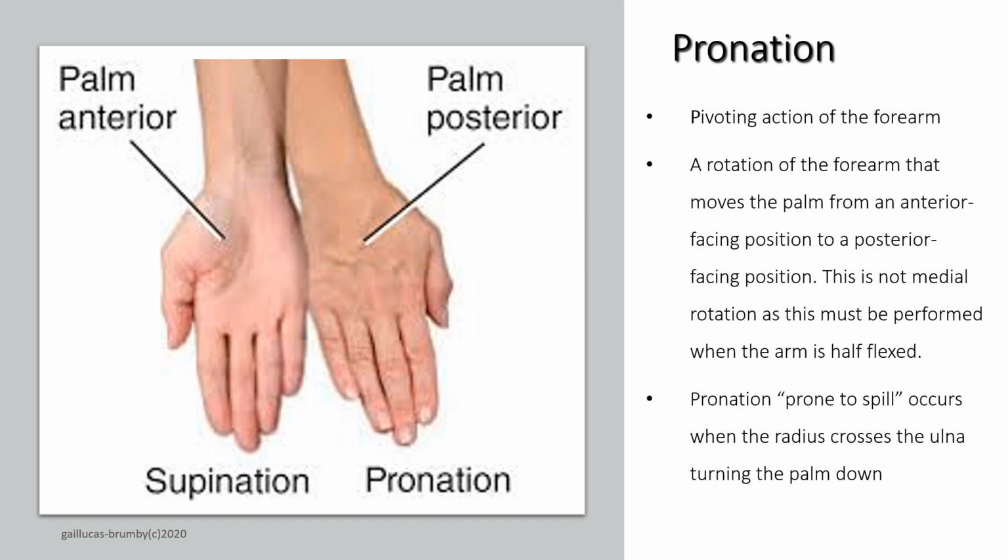The term prone means to lie face down. So if you're lying on the floor with your face to the floor, you're lying prone. Pronation, though, is a term which refers to the lower part of the arm. So your elbow would be slightly flexed or bent. And pronation happens with a pivot joint. So the pivot joint is between the ulna and the radius bone of the lower arm. And when these two bones pivot on one another, the hand turns face down. So turning the hand down towards the